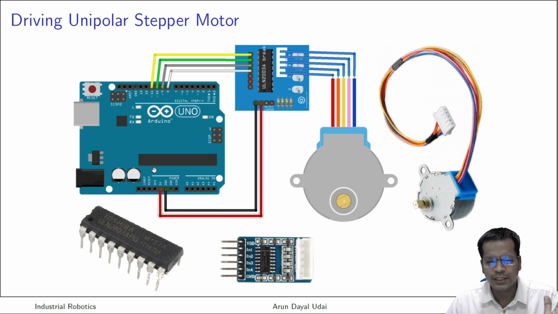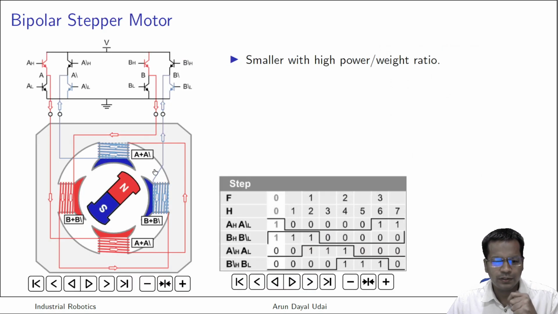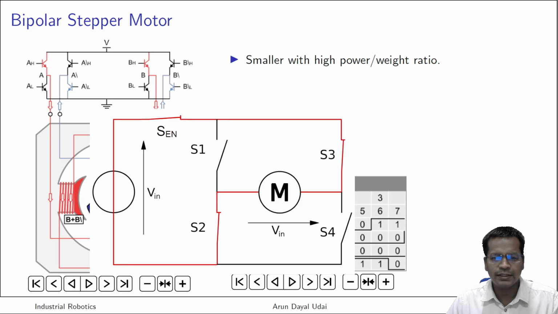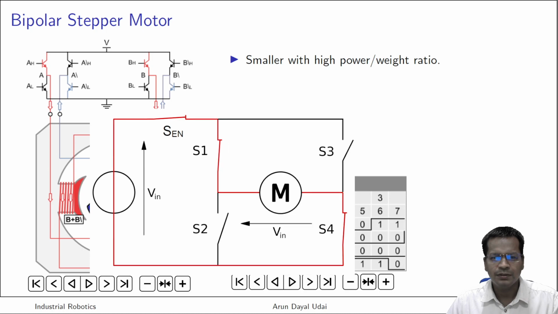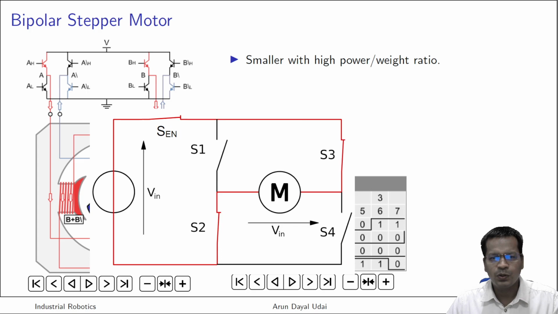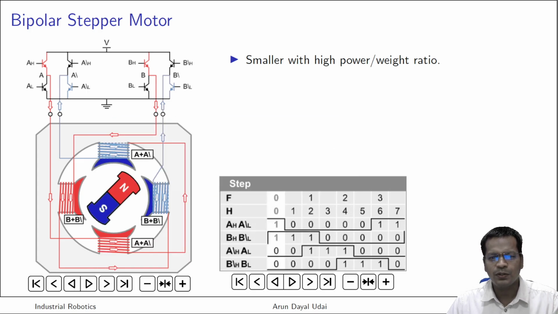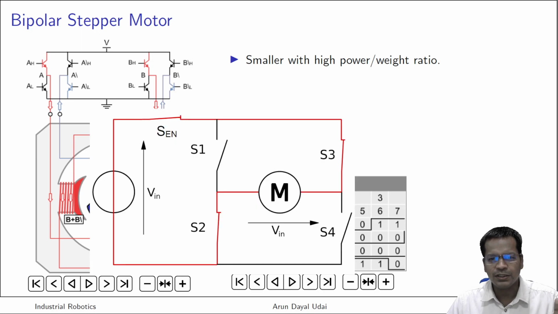So unipolar is clear, bipolar is very, very easy. Now I am going to this one. Hope you now remember how your H-bridge drivers work. It was like this. You remember this? You can switch on and off two diagonally opposite switches, and you can do switching. That means you can reverse the current flowing through this particular motor.